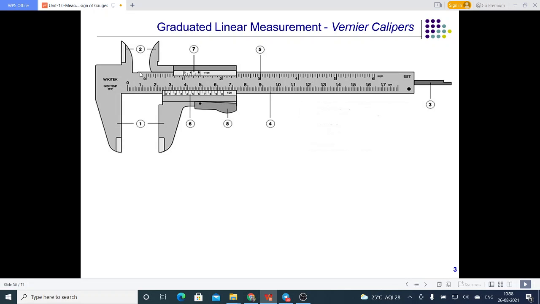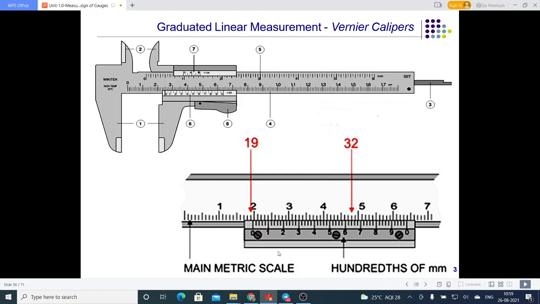This is a vernier caliper. You can see two scales are there for the vernier caliper. These are two jaws. One jaw is fixed, you can see this jaw is fixed. This jaw is movable. On the movable jaw some markings are there, and on this fixed scale the marking is there in centimeters. You can see this movable scale here and this main scale. A zoomed picture is shown here. Again you can see the knife which is coming out from the scale.